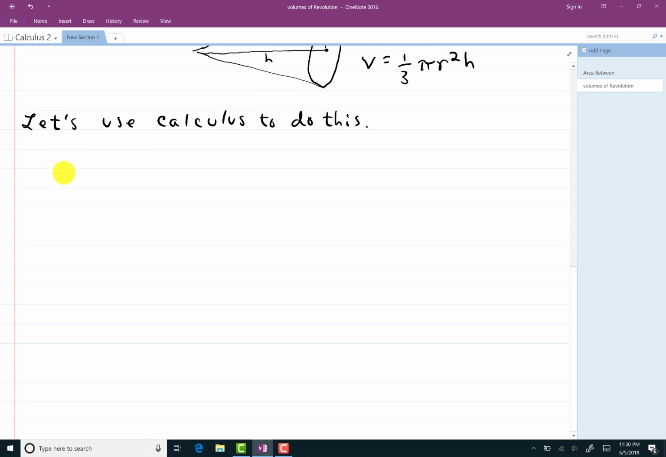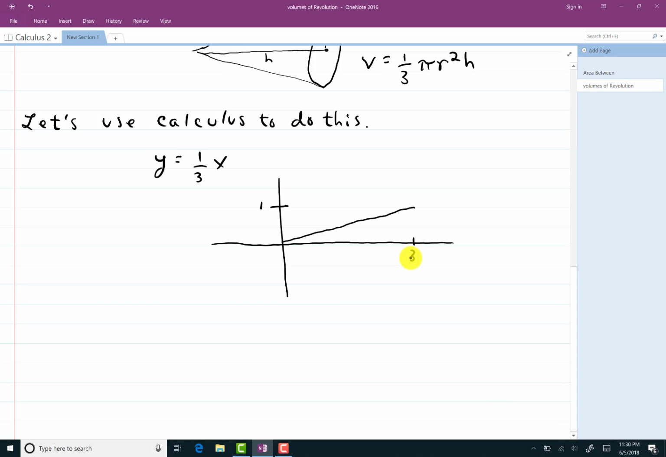Let's go back. The equation was y equals 1/3 x. And the graph looks something like this. So it went to a height of 1 when x was equal to 3. All right, what we're going to do is, for the time being, deal with the area underneath of this curve